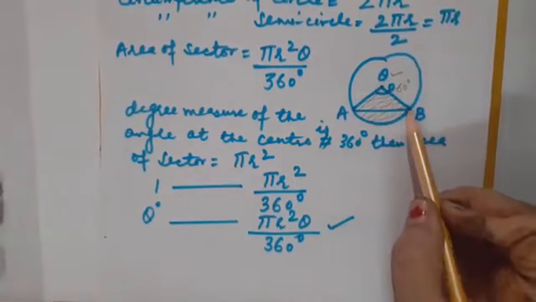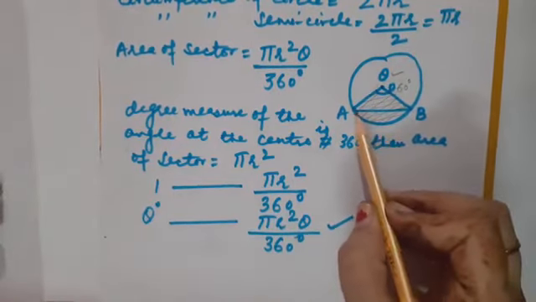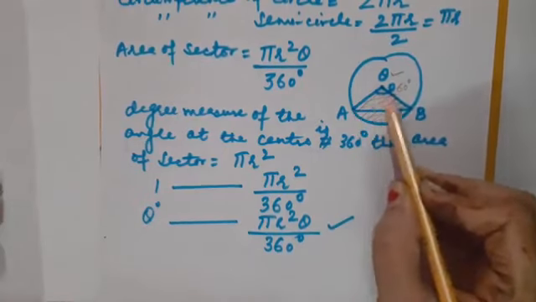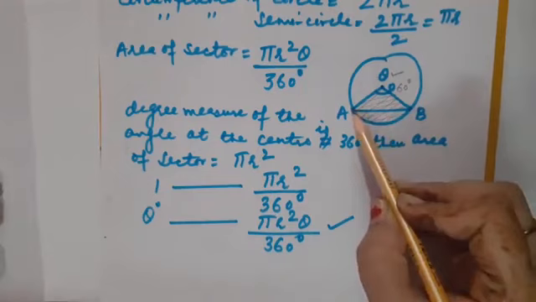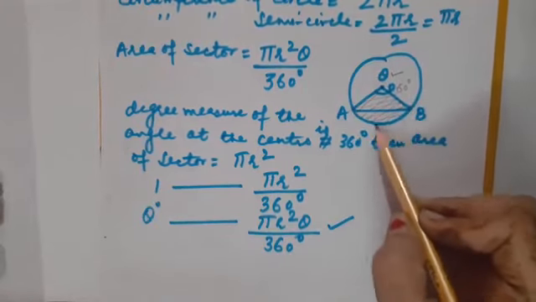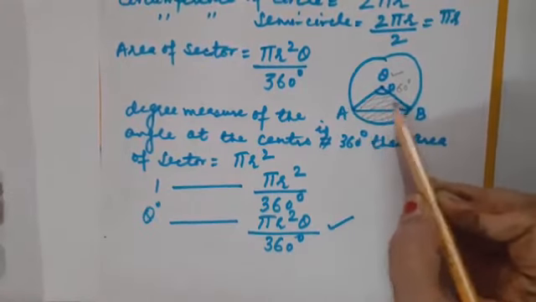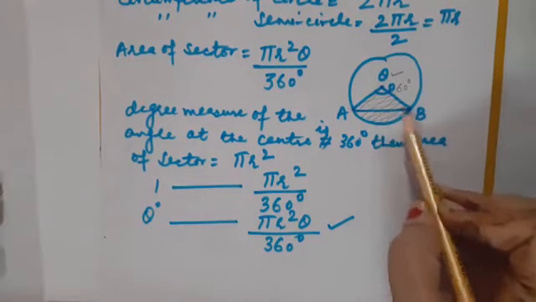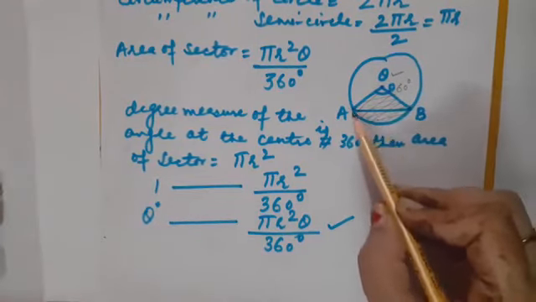AO and OB, they both are radii, correct? Yes or no? And when I joined this AB, here you can see that AOB is a triangle formed. Though this AOB, and again I am reaching on A, this was a complete sector, fine. But when I joined AB, I got a segment over here. You can see that this is a segment.